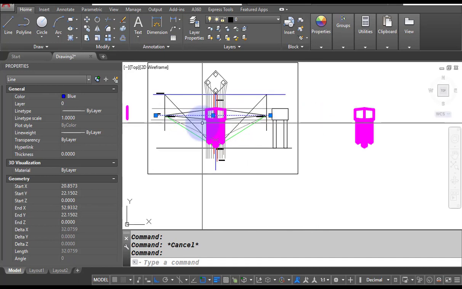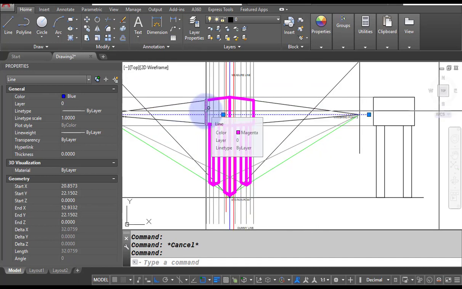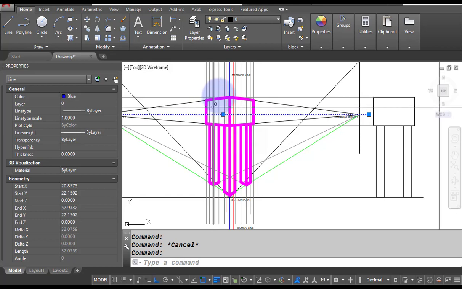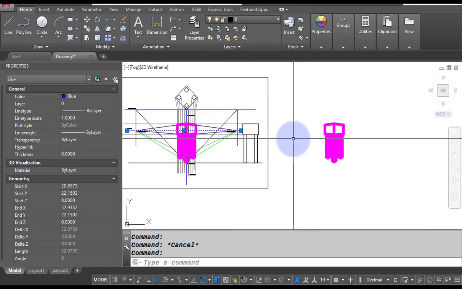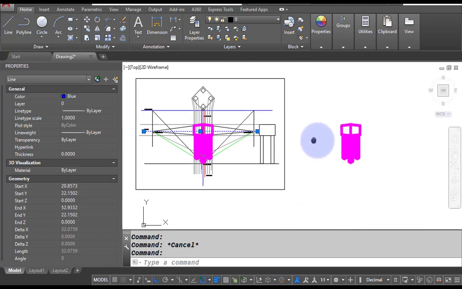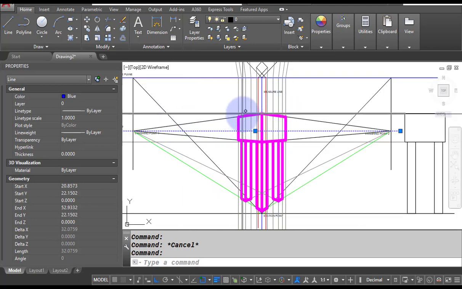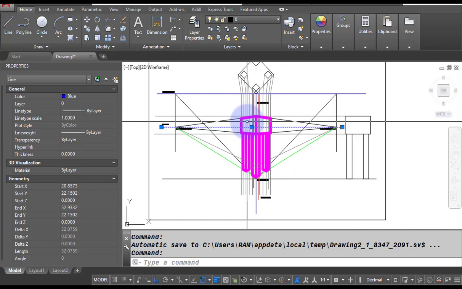I will also prepare other videos where our horizon is going to be set at the top of the tank. Right now our horizon is set at the middle of the tank. Then after, we are going to set the horizon at the bottom of the tank, connect all these points, and finally prepare the perspective video. So this is how our perspective of the overhead tank has been prepared. I wish all of you have got the idea how to draw the perspective in the sketchbook as well as in AutoCAD.